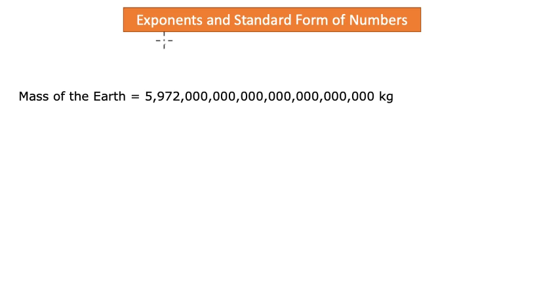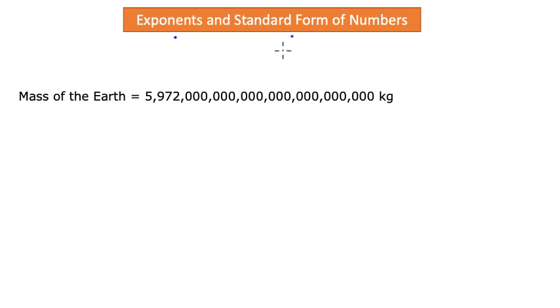Alright, we have learned about exponents and we have said that exponents are a way to write a very large number into a shorter form, right? So that you can read and comprehend very easily. Standard form of a number is a step further in that direction, to give us a better tool to write very large numbers in a standard form.